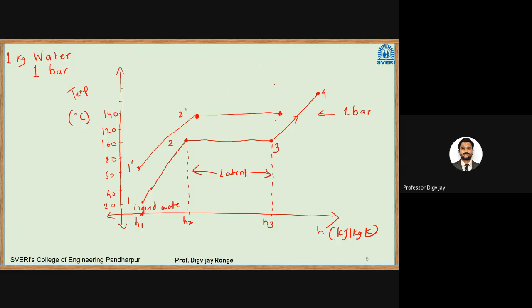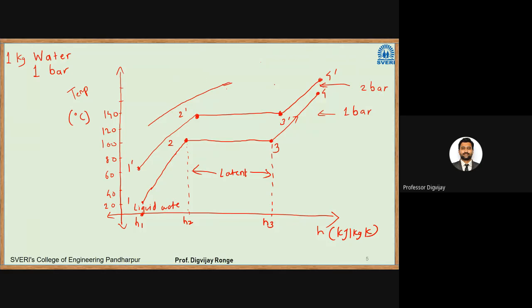So I will reach 0.3 dash. Then again I will reach, if I increase the temperature, that will be 4 dash. Similarly, if I increase the pressure, now this was related to 2 bar. Now if I follow the same procedure for a higher pressure, let us take a higher pressure of 10